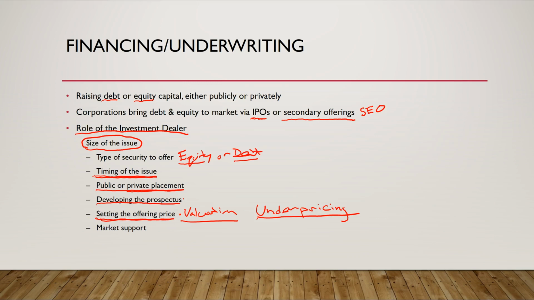So this is a huge portion of the role the underwriter should have. A lot of time goes into trying to put a proper valuation on that firm, especially if the firm is going from a private firm to a public firm. Again, there's maybe not that much market data out there on them to really provide an accurate figure. And the last one here is market support.